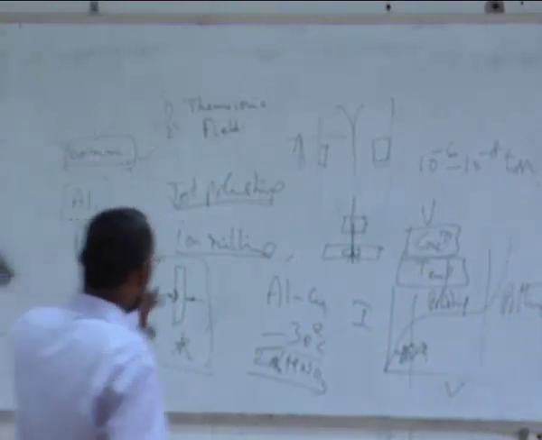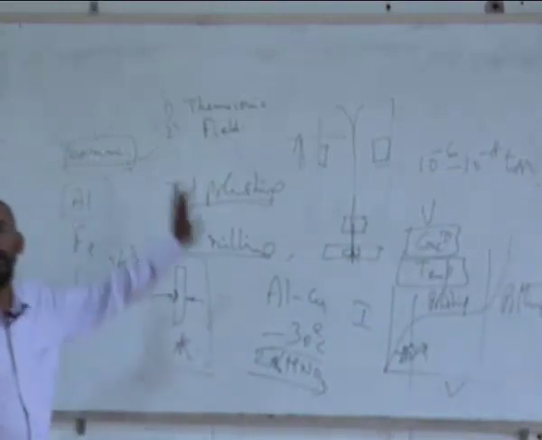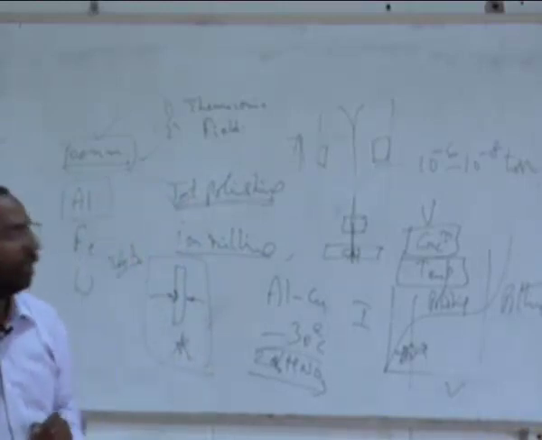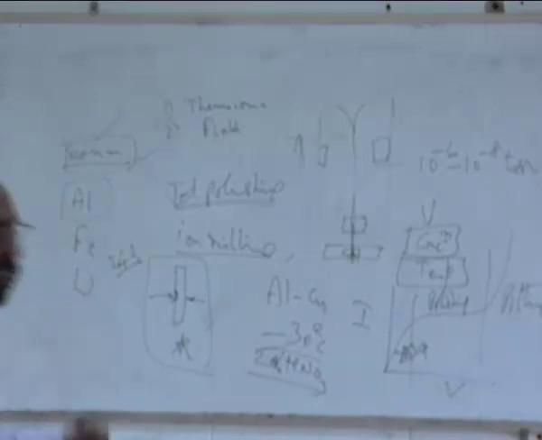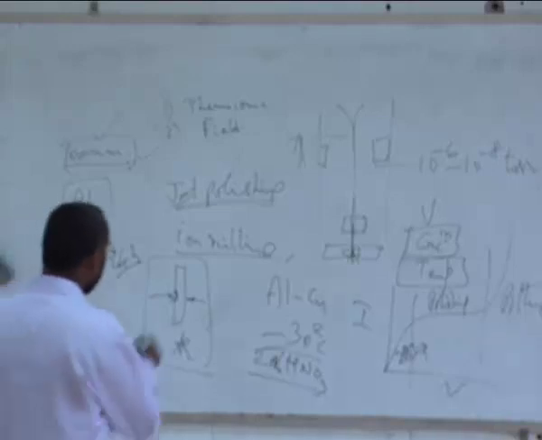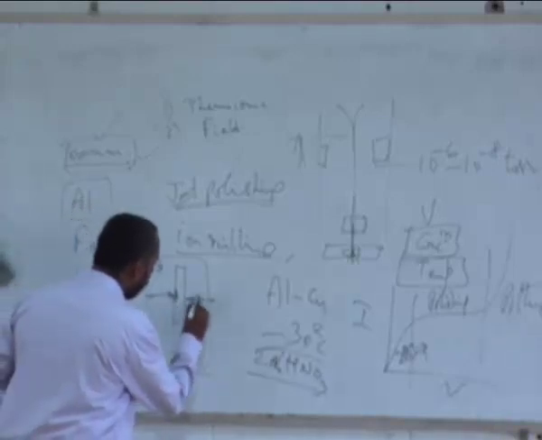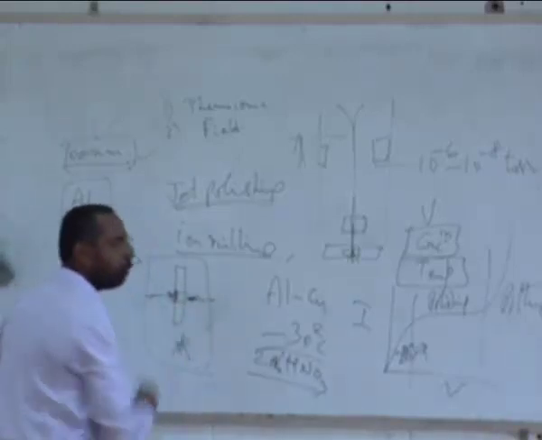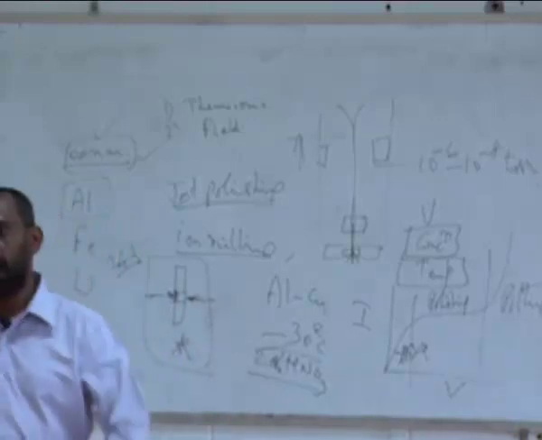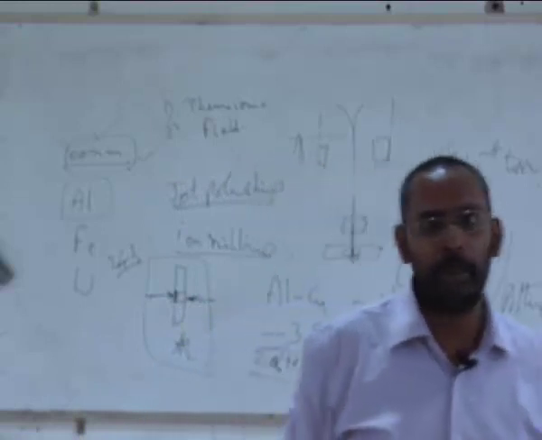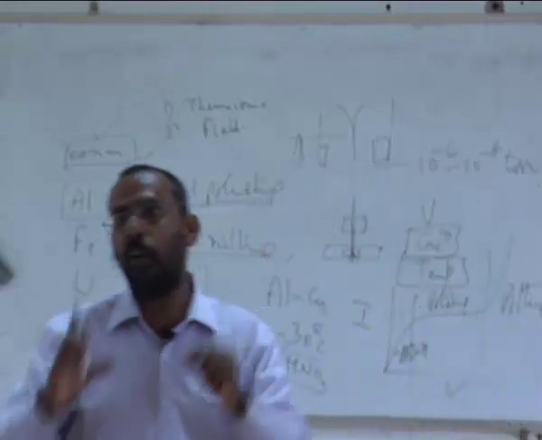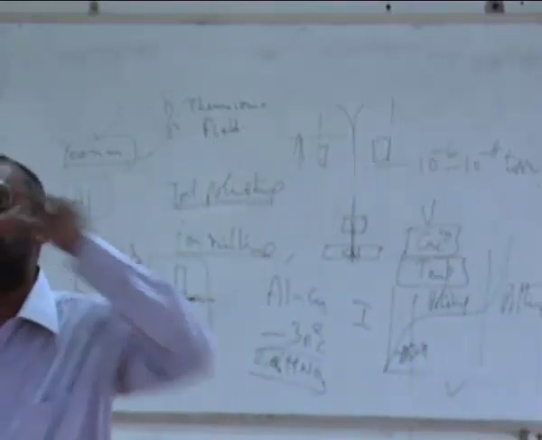Similarly, when you are doing ion milling also, the conditions have to be carefully maintained: the gun current that we are using, the voltages that we are using, and the angle at which the beam is falling is also very important. If the angle at which the beam is falling is completely vertical, then what you get is almost like a drilling. We do not want to drill a hole. Please remember, our goal is not to drill a hole. Our goal is to thin the sample.